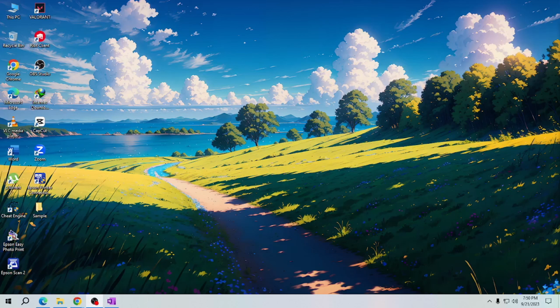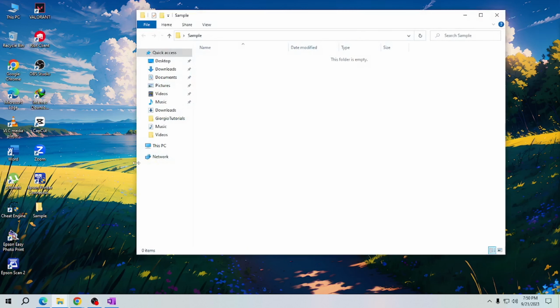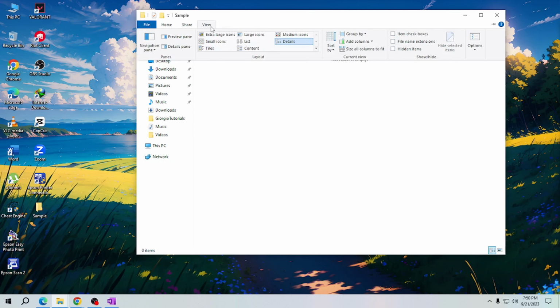In this video, I will teach you how to unhide a folder in Windows. So to unhide a folder, first open File Explorer or open any folder on your desktop here. And then next step is to go to the View tab at the top of the File Explorer window. Now in the Show or Hide group, check the box that says Hidden Items